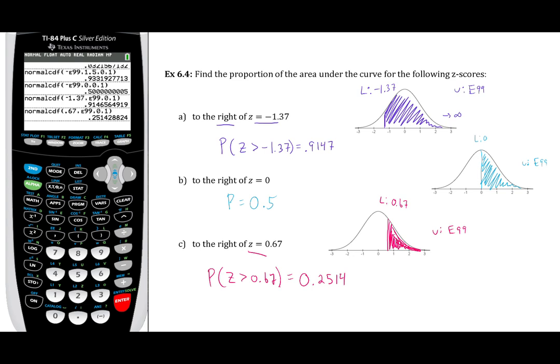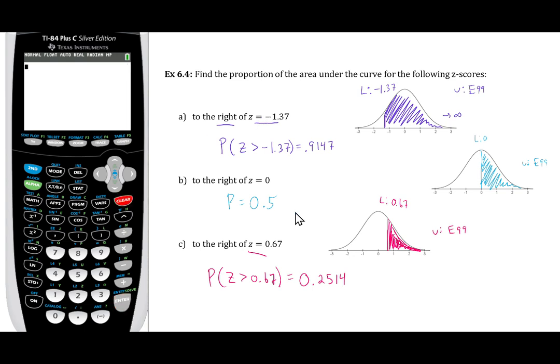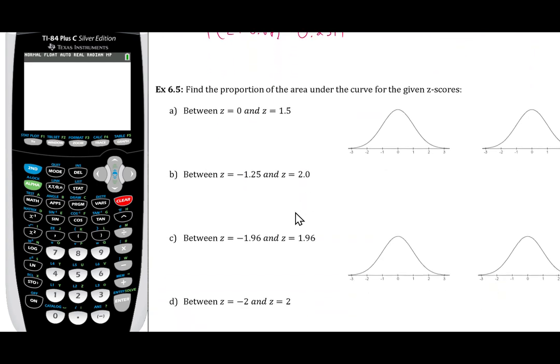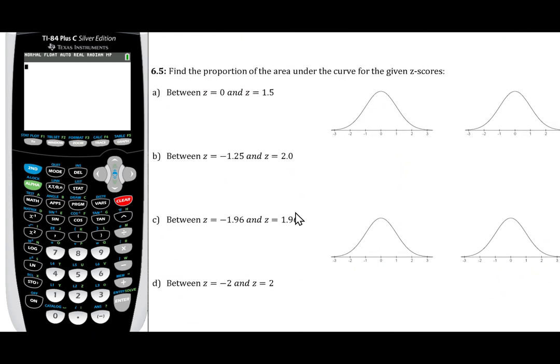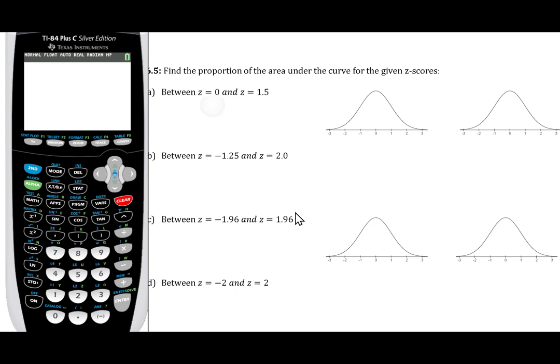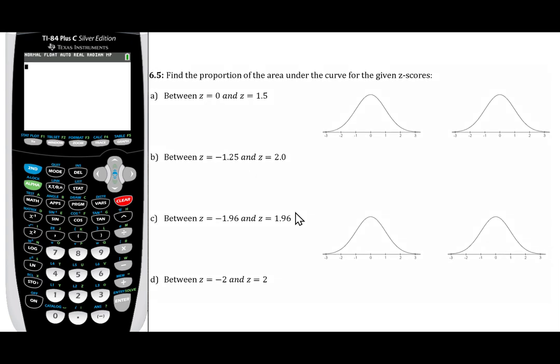All right, so those are examples of to the left and examples of to the right of given z-scores. Now we've got a few last examples here that ask us to find the area between given z-scores, which are actually going to be even easier. The first example says to find the area between a z-score of 0 and a z-score of 1.5, which will be approximately here. Well, our lower bound is going to be 0. Our upper bound is going to be 1.5. So we can press second vars,